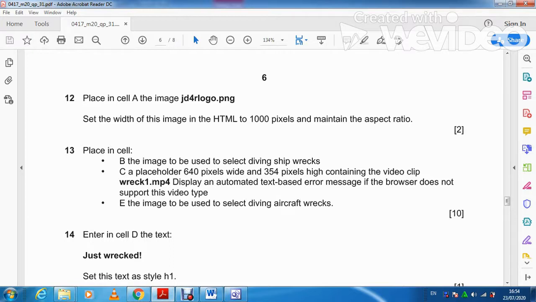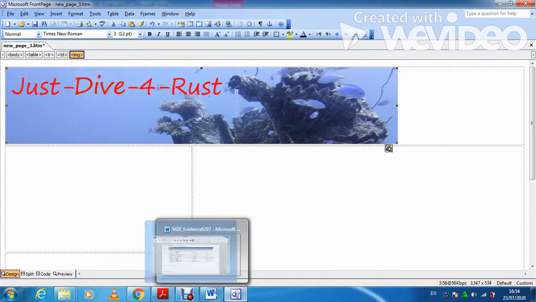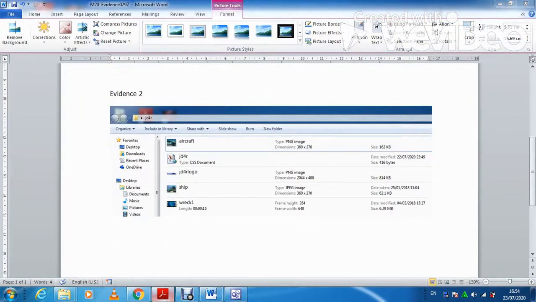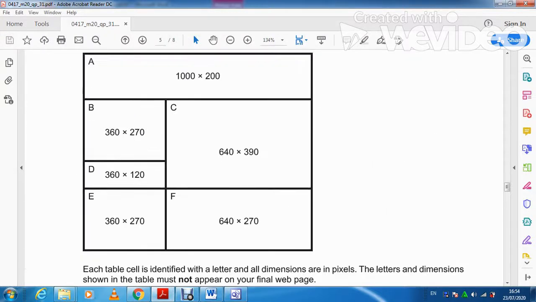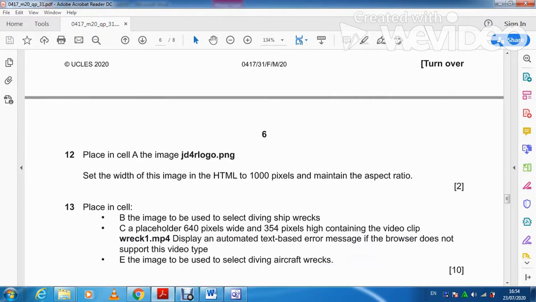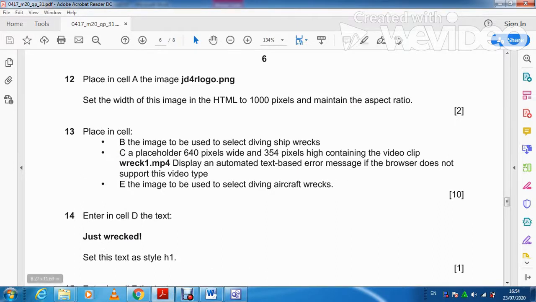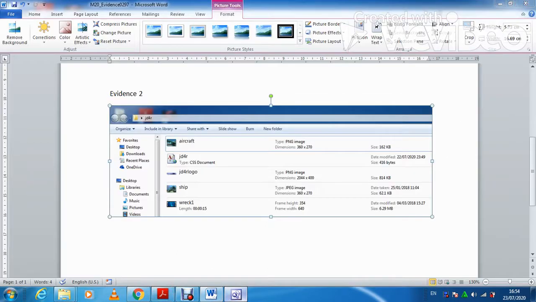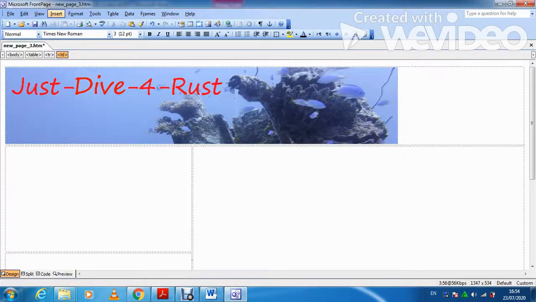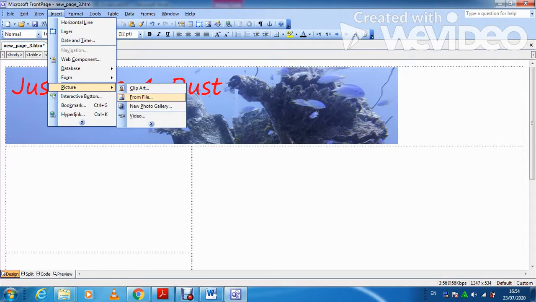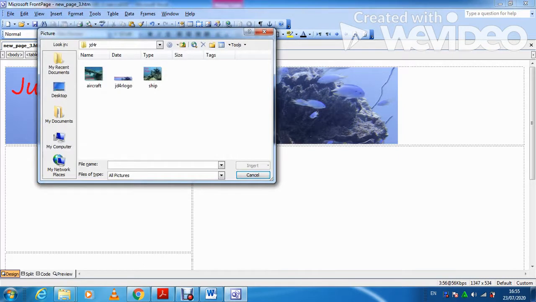Then they said place in cell B the image to be used to select diving shipwrecks. So which one is our cell B? Here, yeah, this is our cell B. So we need to insert an image to select diving ship. So just click here, insert picture from file, select diving ship. So for example this one,